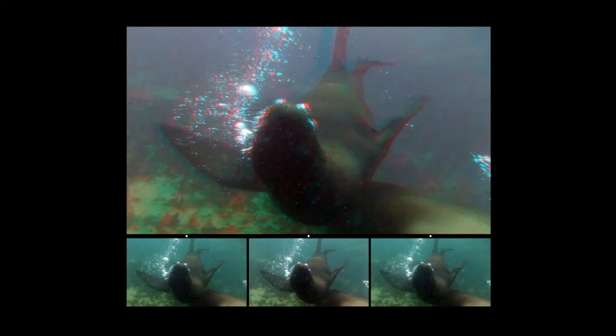And the next couple of slides are from the Galapagos. This is the Galapagos fur seal, which is very badly named because it's not a fur seal. It's not a seal at all. It's a sea lion. They're very inquisitive, and they swim right up to you, swim around you, and go all over the place. I was trying to film them and keep up with them, which was a complete nightmare, totally exhausting. But I did get one or two images of complete sea lions. Most of them were just the odd flipper or a tail fluke. Okay,